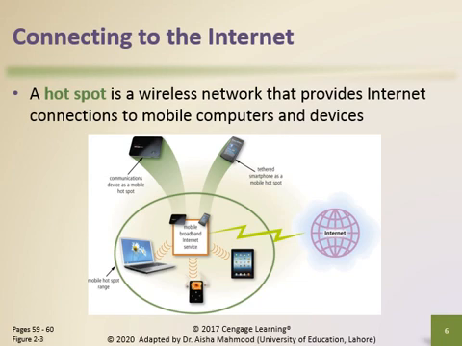Many public locations such as shopping malls, coffee shops, restaurants, schools, airports, hotels and city parks have Wi-Fi hotspots. Recall that a hotspot is a wireless network that provides internet connections to mobile computers and devices. Although most hotspots enable unrestricted or open access, some require that users agree to terms of service, obtain a password, for example, from the hotel's front desk, or perform some other actions in order to connect to the internet.